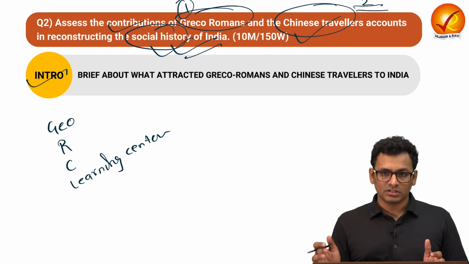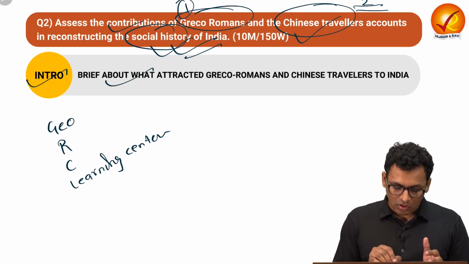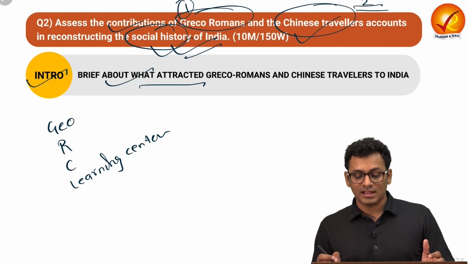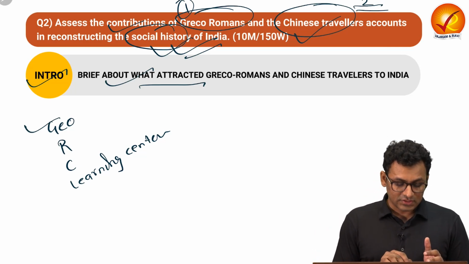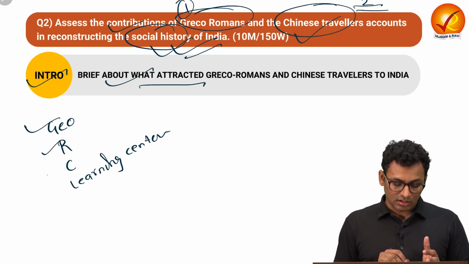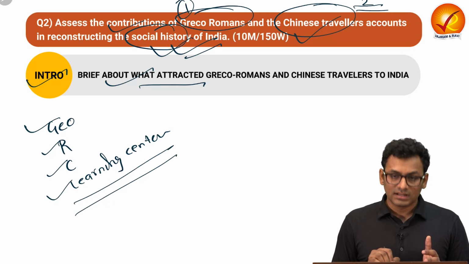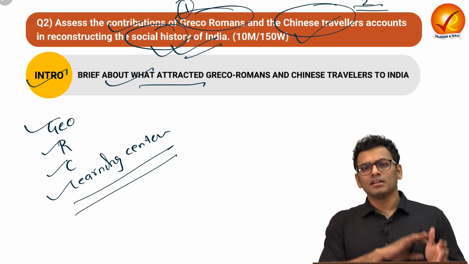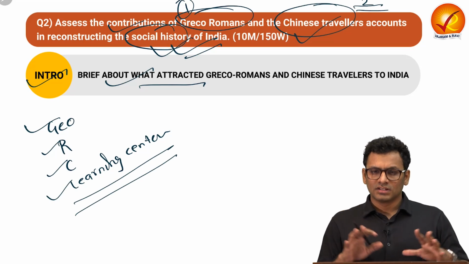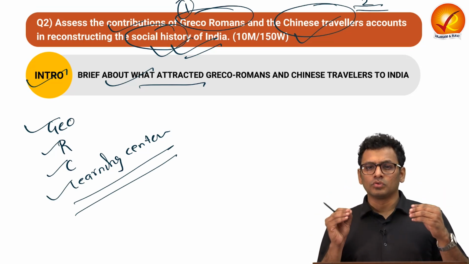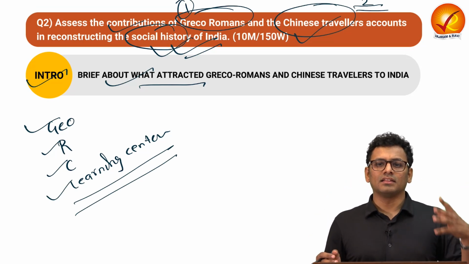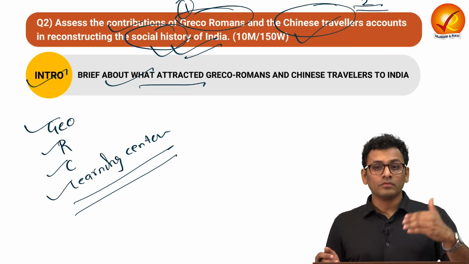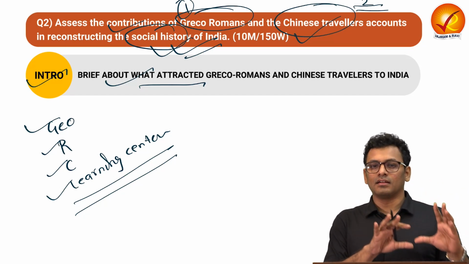So let's start with the introduction. As I mentioned, you can briefly talk about what attracted the Greco-Romans and Chinese travelers to India. The first was geography, the second was religion, the third was culture, and fourth was learning centers. And because of that, they traveled over here, they understood the society, and they took back their learnings to their society, and they wrote certain kind of literature through which we understood what were their learnings with respect to